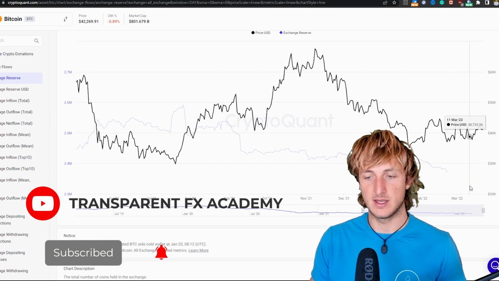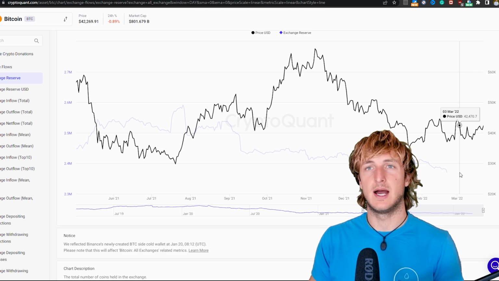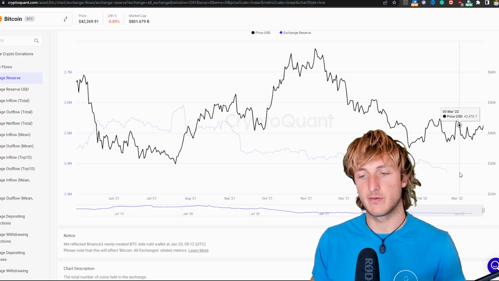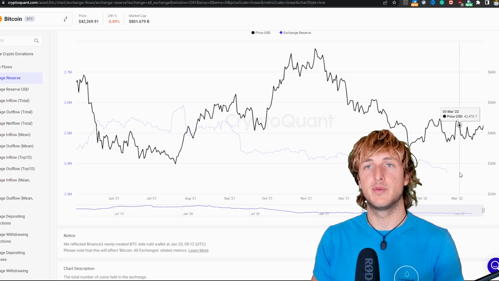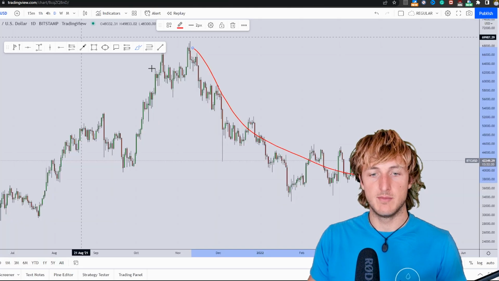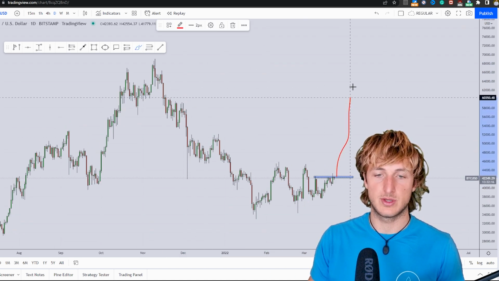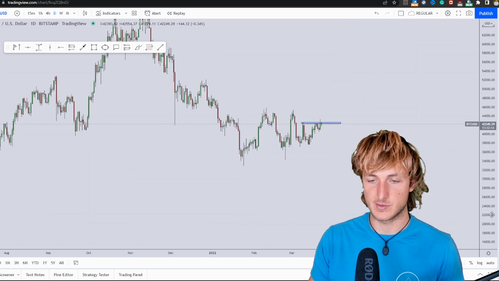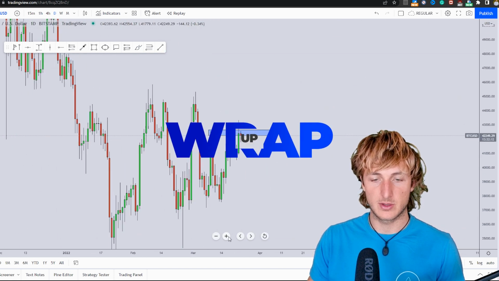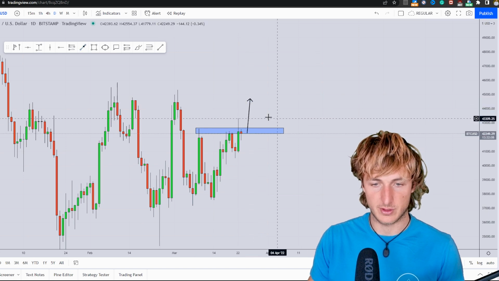Now, what does it mean? It means that actually more Bitcoins are getting bought and moved off from exchanges compared to the ones that are getting put onto the exchanges, meaning that overall, this is a very bullish sign that we could definitely see more continuation to the upside. Now, if the market will successfully manage to break above this resistance,